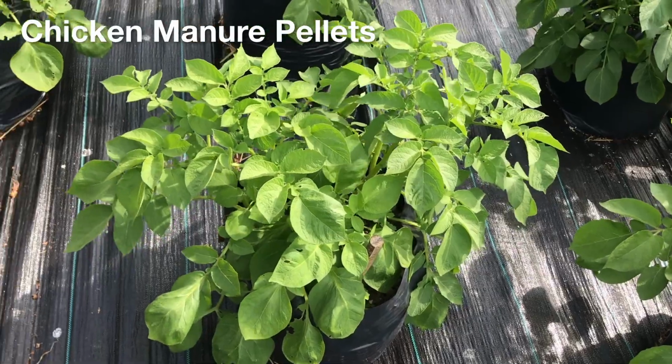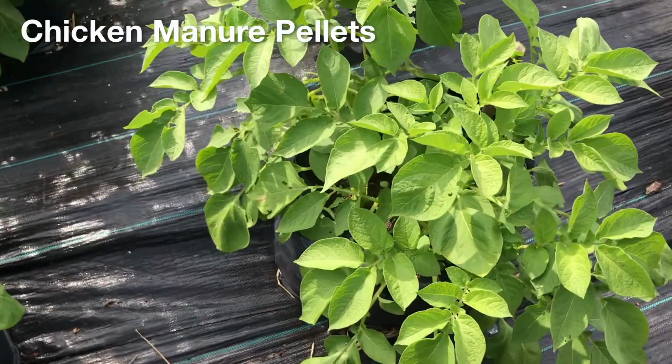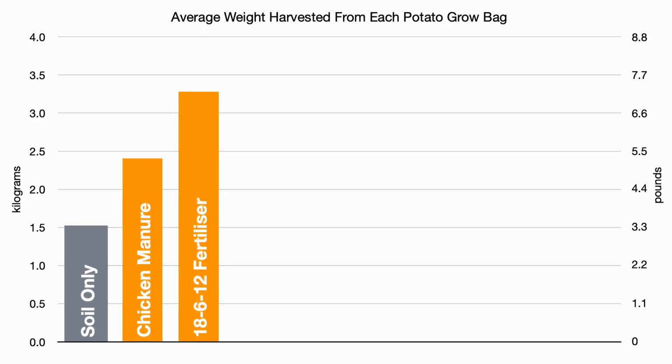I would expect that if I had side-dressed the plants with more chicken manure pellets midway through the growing season, a similar kind of boost in yield could have occurred. I often use these chicken manure pellets in the gardens in addition to a fair amount of compost, but this is the first time I've used the pellets alone, and it's the first time that I've used this type of conventional soluble fertilizer. And they both made a significant difference to the yield, at least this year, which is really